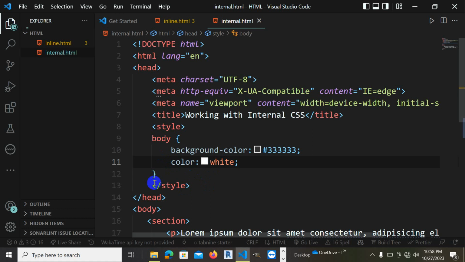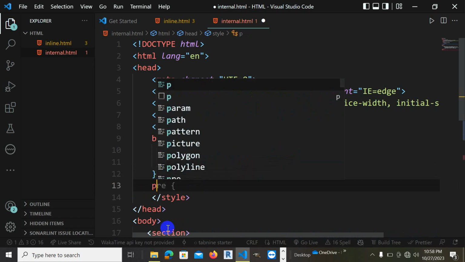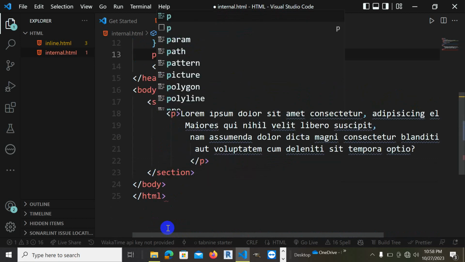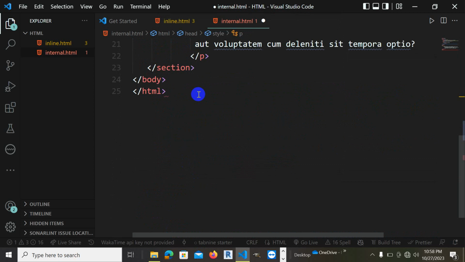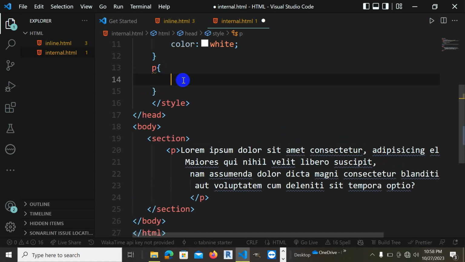and we'll come here like this, and I enter, and I say P for paragraph. Remember we have a paragraph here. So we want to start our paragraph. So I could come here like this, paragraph, and I put my curly braces. So I enter. So in here,